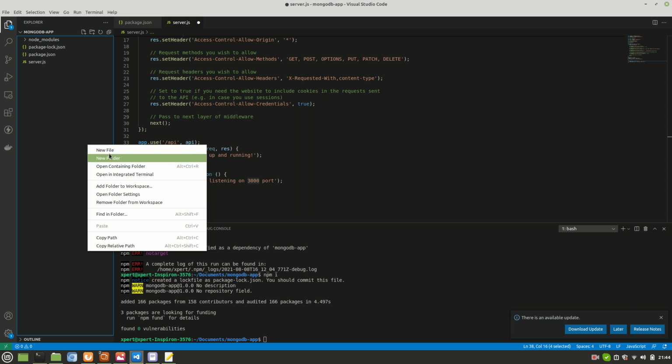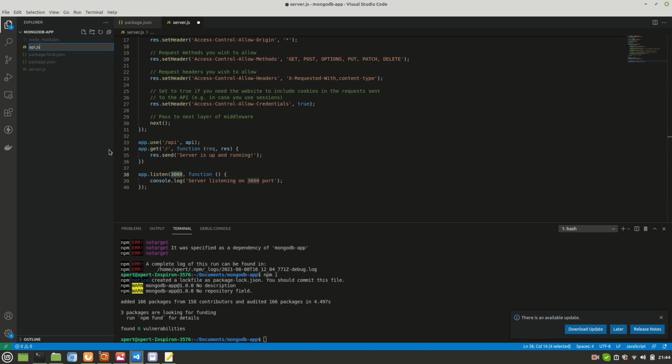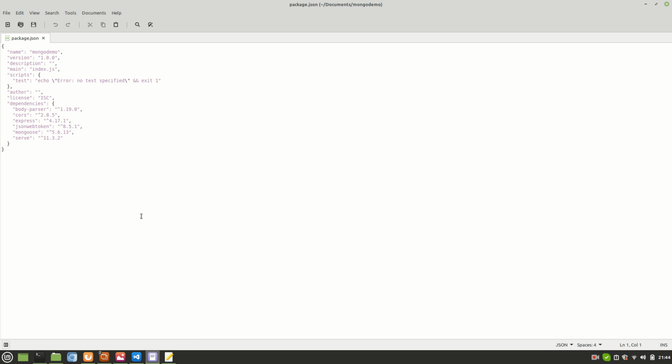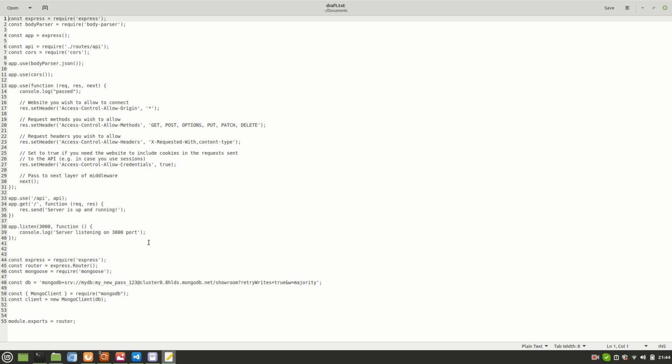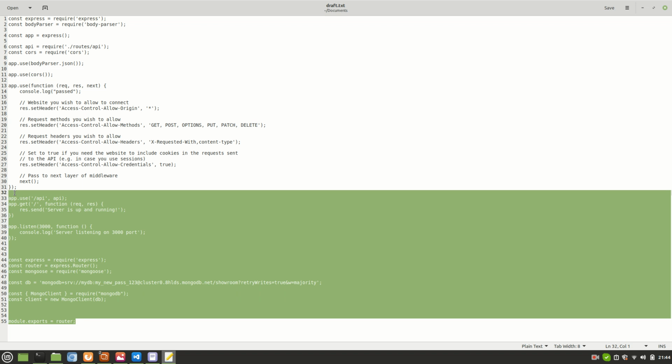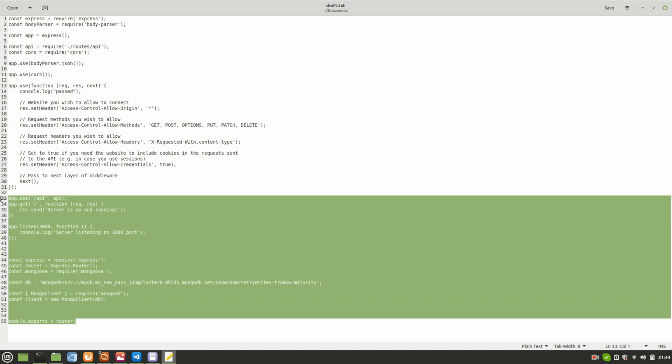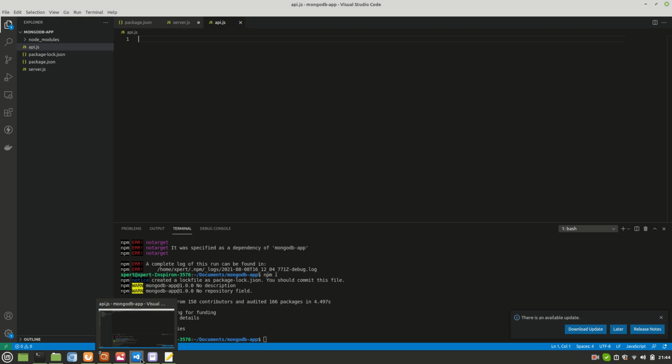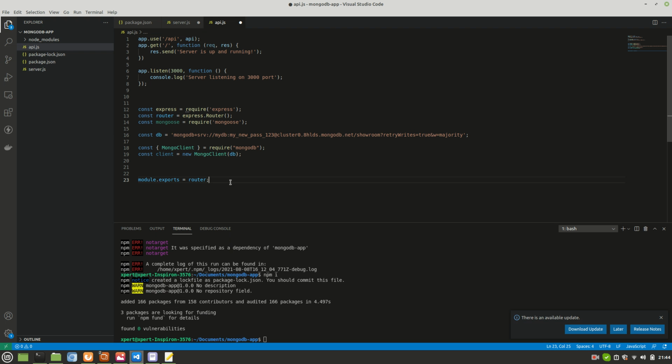Now we'll add one API code, api.js. Go back to my file. Don't worry about these files, I'll just paste them. I'll provide the link. Maybe I'll upload them on GitHub or somewhere, but I'll give you the link. So this is the minimal code that we required. API also. I'll talk about the code, from where I got this string and from where I got this DB and password and cluster and this thing. I'll talk about that.